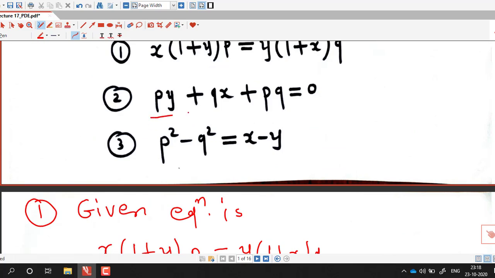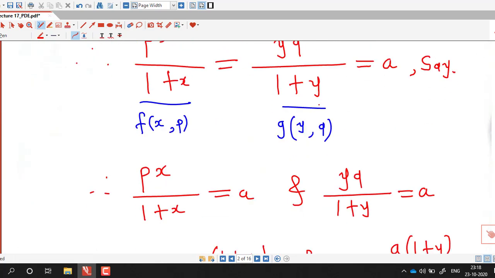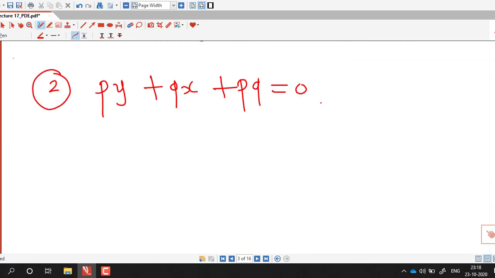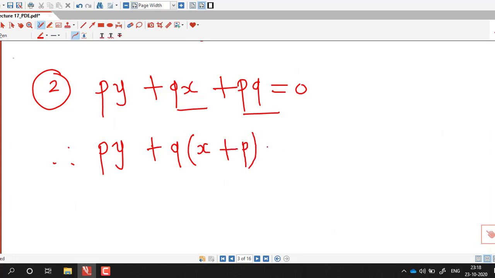P into y plus q into x plus pq equal to 0. So this is also a nonlinear partial differential equation of first order. These terms make it nonlinear, and let us try to write it in standard form 3. Here in these two terms q can be taken outside, so we have q times x plus p equal to 0. So from this we write this as py